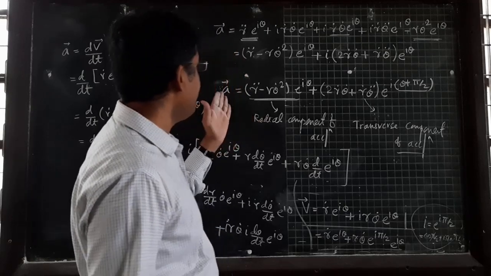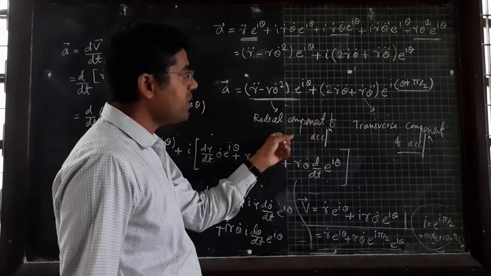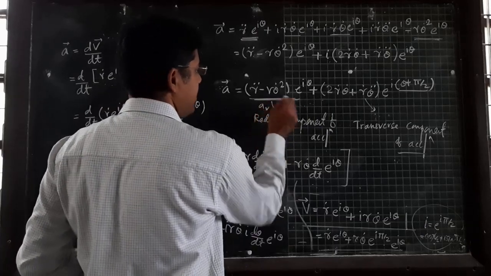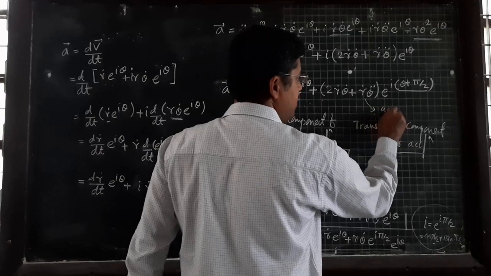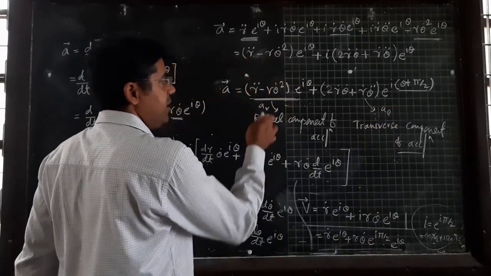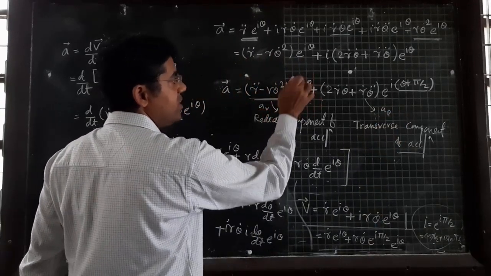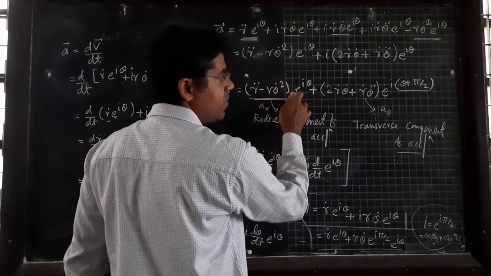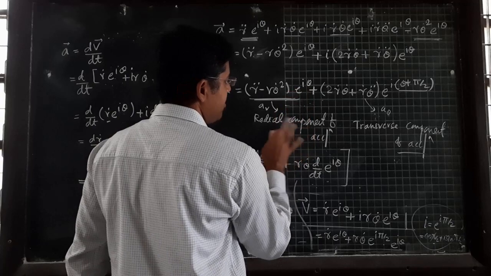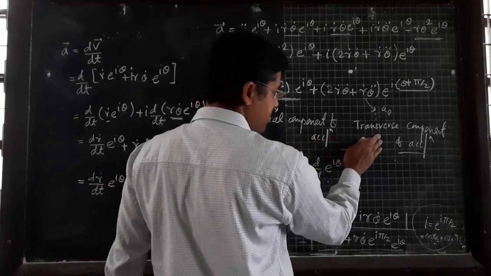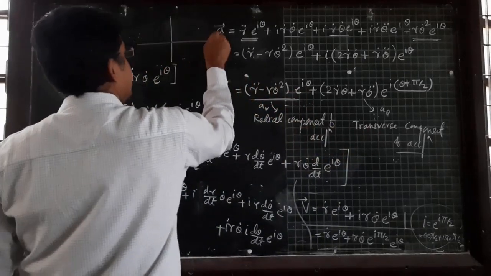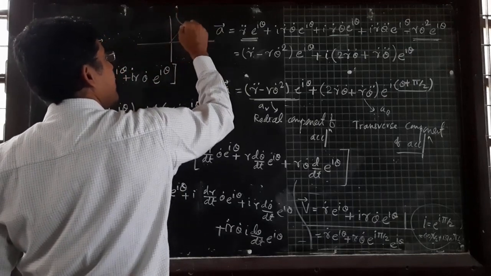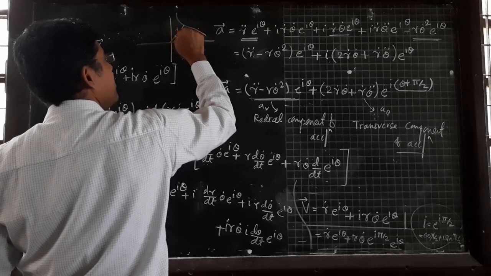Here you can find out the magnitude along the radial component also. So this is your AR, this is your A theta. If you take the modulus, you will get the resultant. This is basically the addition of your radial component plus transverse component, meaning the particle is moving along this particular direction, this is your r, this will be your theta.